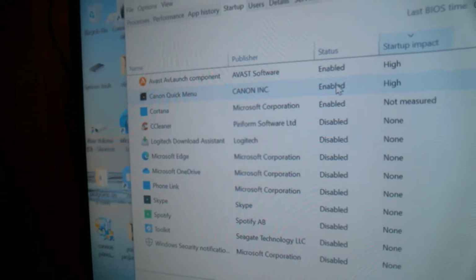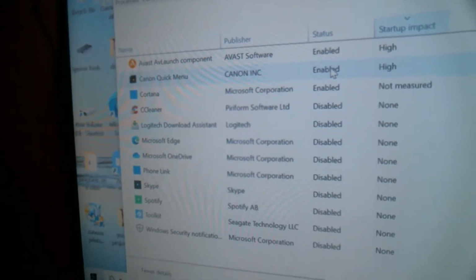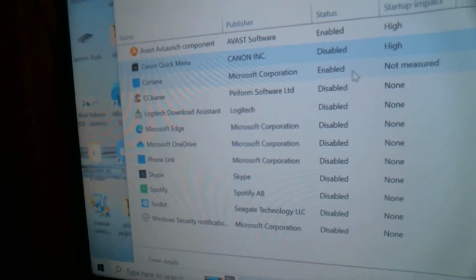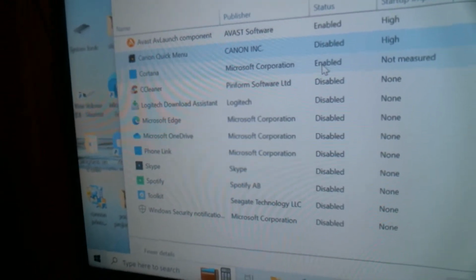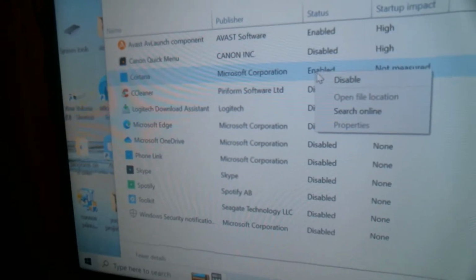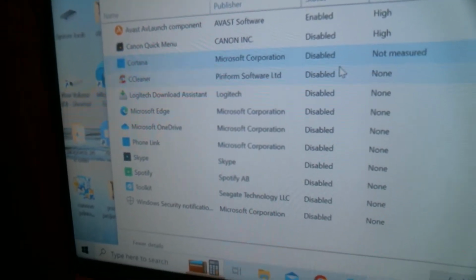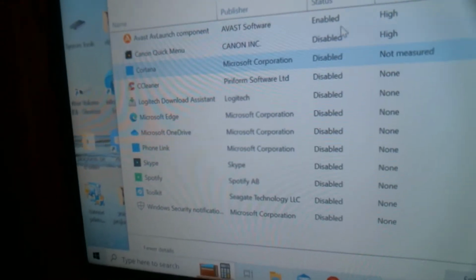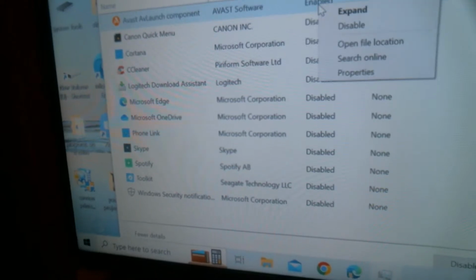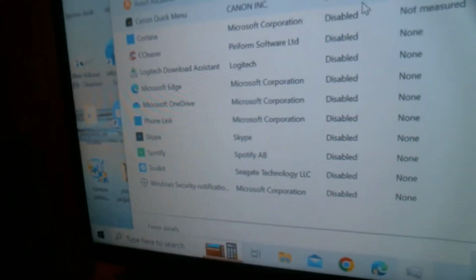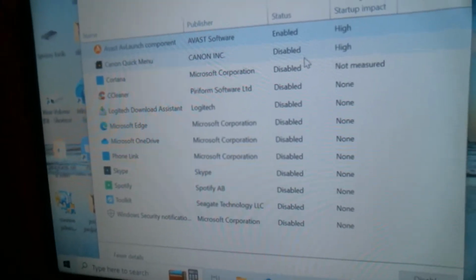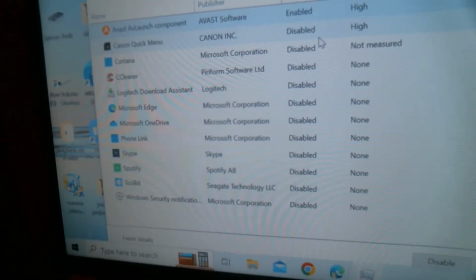Like, here's my printer. Now, I don't need that starting when the computer starts, so I'm going to right click it and hit disable. And Katana, I don't need that starting, so I'm going to right click it and hit disable. Go down the list and disable everything on there. Now, if you have an antivirus on there, you can enable it, but I would disable everything else on that list. And your computer will start